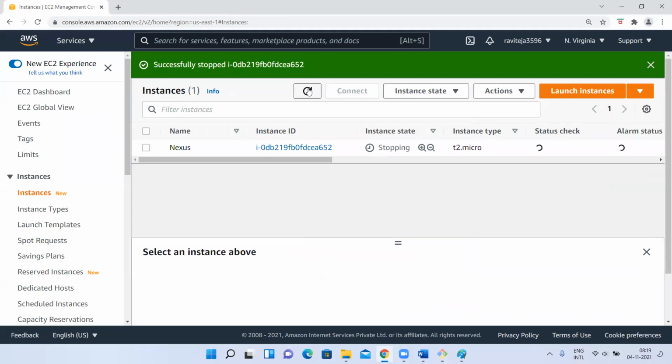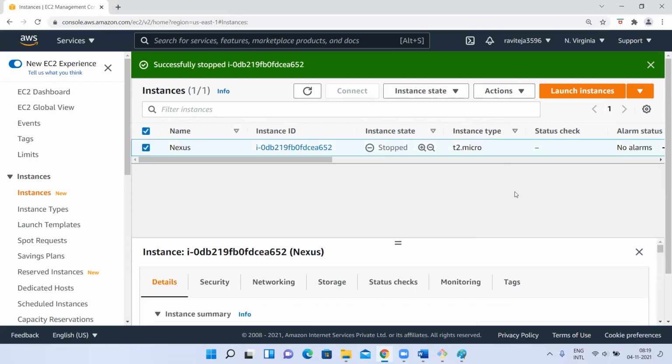When the instance is in running state, we can't change the type. So let it get stopped. Once we stop the instance, then we can change it. Remember, this is actually an AWS question, but let me tell you now. If you want to increase the hard disk size on your computer or laptop, you can mount an external hard disk, right? Similarly in AWS, if you want to increase the hard disk size, you can attach an external volume. But if you want to increase the RAM, you cannot do it like that.